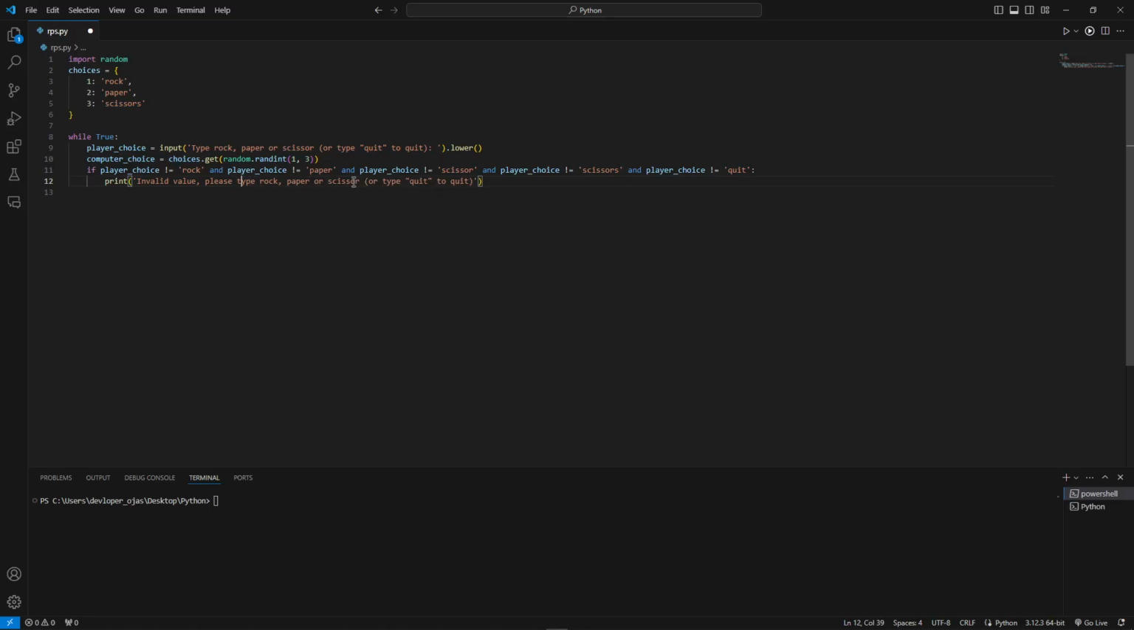Now after this we were going to add the continue keyword. Actually, no need. We are not going to add that. So now we are going to check if the player's choice is the same as the computer's choice. Elif player choice is same as computer choice,